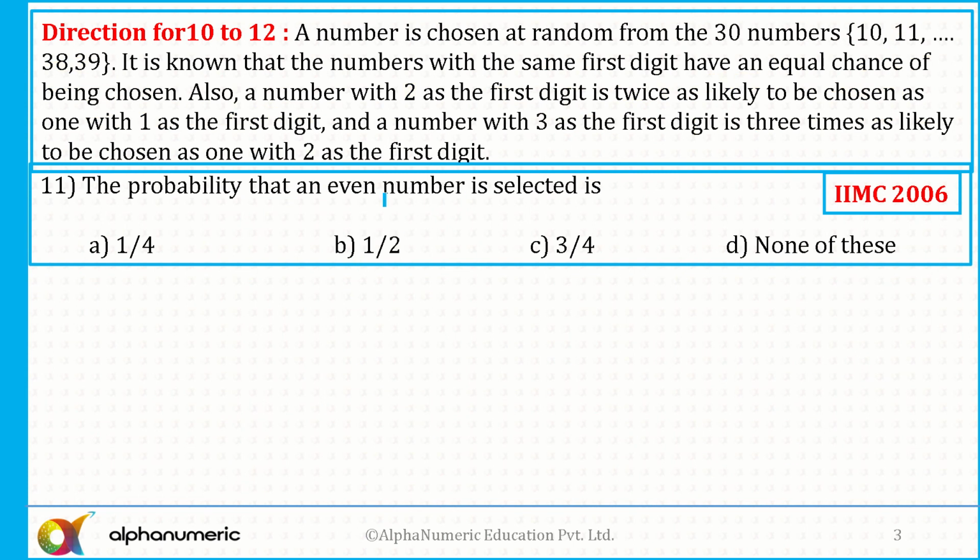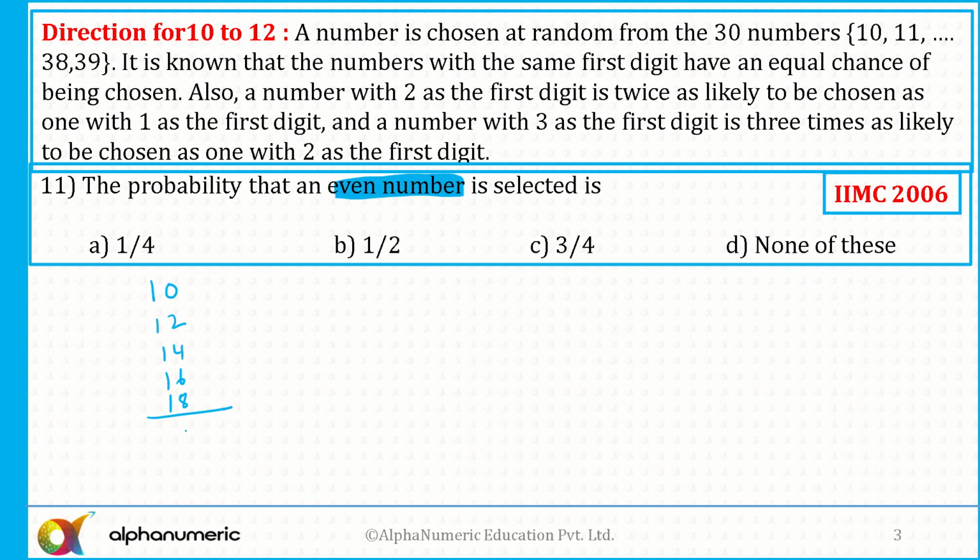It says probability that an even number is selected. Now, if I'm selecting an even number, we know that there are 30 numbers. Out of these 30, 15 of them will be odd, 15 of them will be even. There is a symmetry here. You can observe here. If I start with the number 1, then 10 is an even number, yes or no? 10 is an even number, 12 is an even number, 14, 16 and 18. So there are 5 numbers which are even, and for each of them the probability is what? 1 by k. Yes or no?